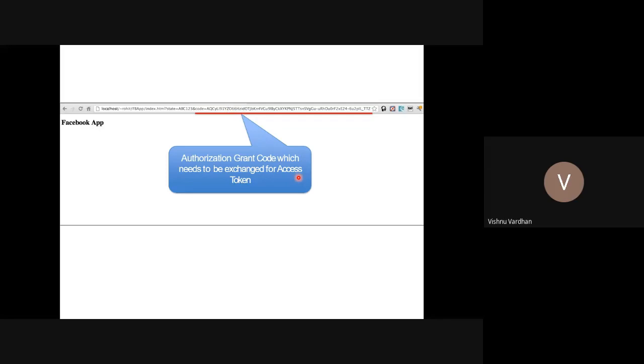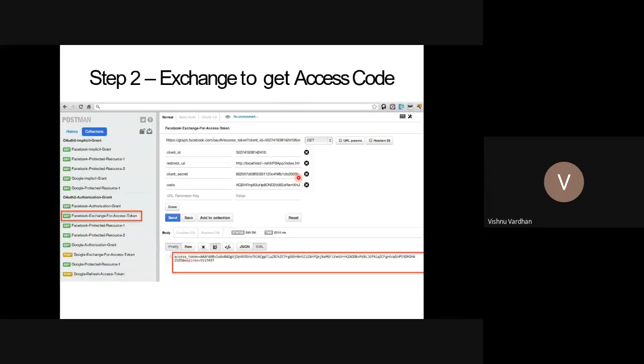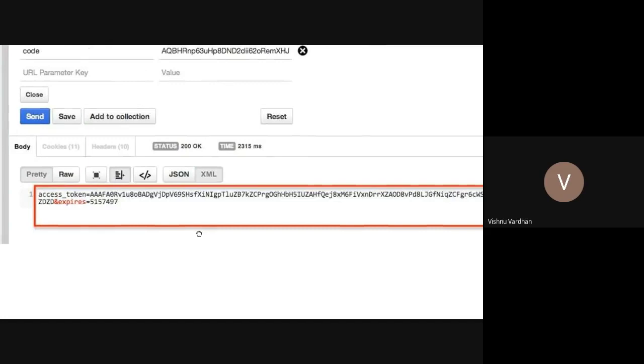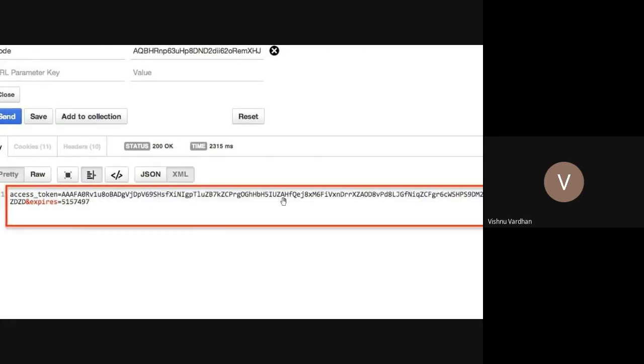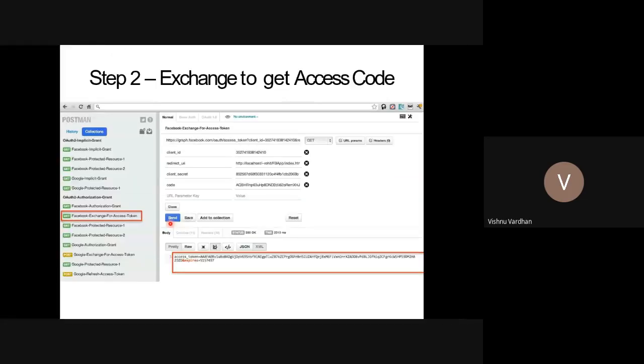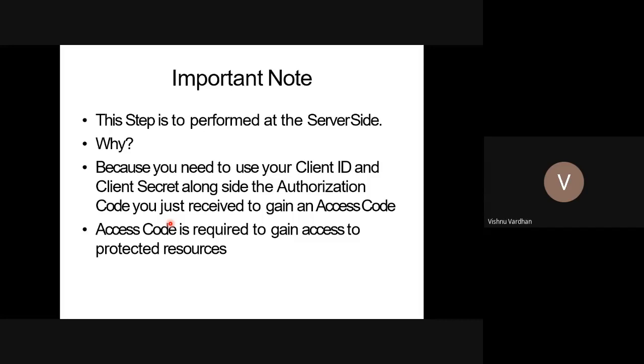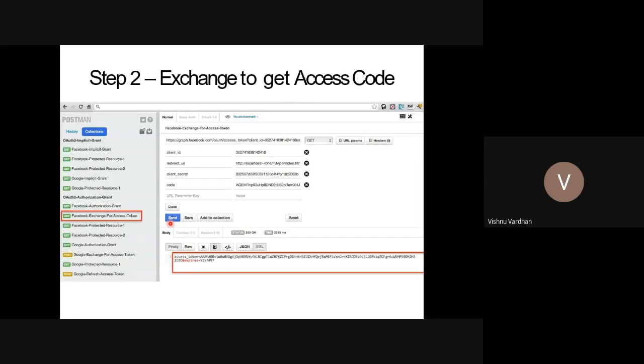Then it is exchanged for the access token, and after getting that, this is the token. The token is a very big string, so nobody can easily tamper with it, and it shows the expiry time and everything. So this access token is utilized to get the resource from Instagram or from Facebook. In that way everything is integrated from this development environment given by Facebook.